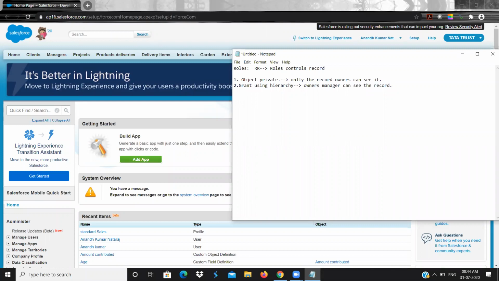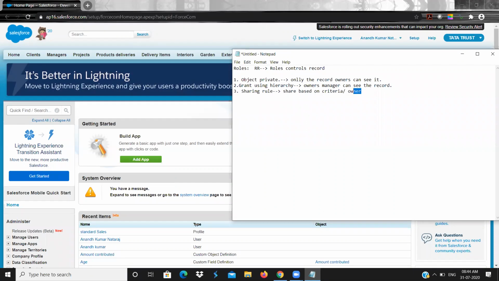The third one we saw was the sharing rule. You can share based on criteria or owner.